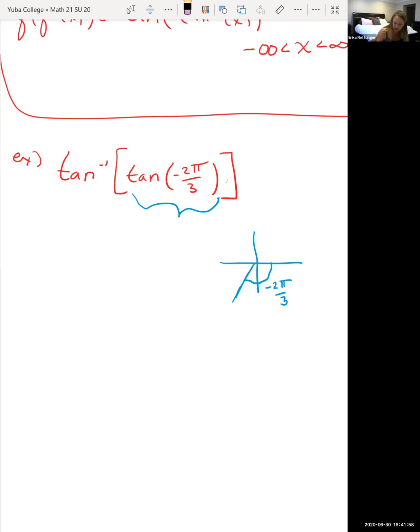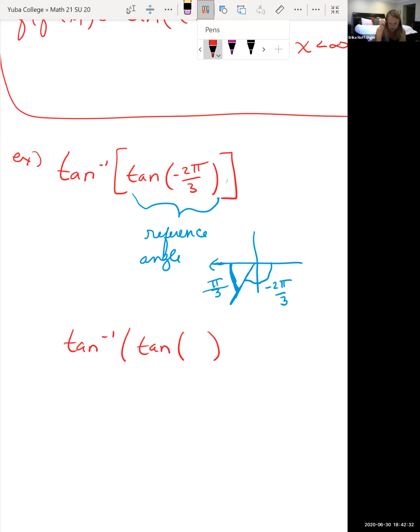So our reference angle, well, we have to figure out what is that angle in here that gets us up to the positive x-axis. Pi thirds? Yep, so this is a measure of pi thirds and it's always positive. And so we can say, well, that's the same thing then as tangent inverse of the same value of tangent of pi thirds,